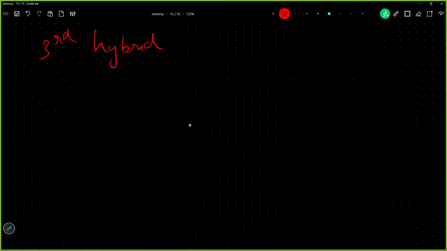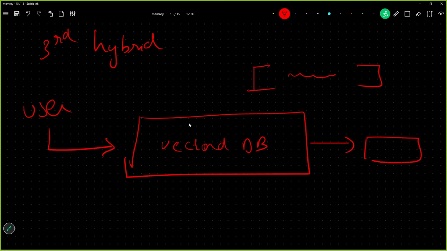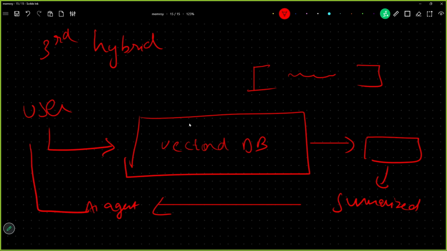We can also maintain a context window for short buffer. We can also maintain the information in a vector database. So the moment a new user query comes, the AI agent will search for the similar query in the vector database. After the information is retrieved from the vector database, it will be summarized first, and then passed to the AI agent. With all this summarized context, the AI agent will give the response to the user.